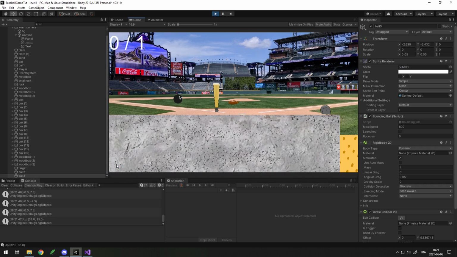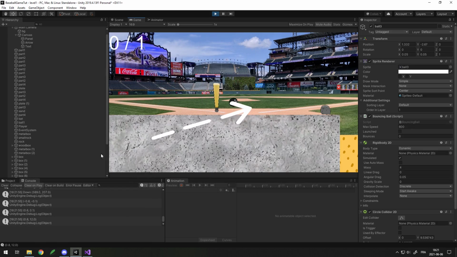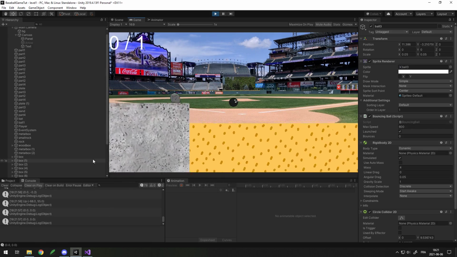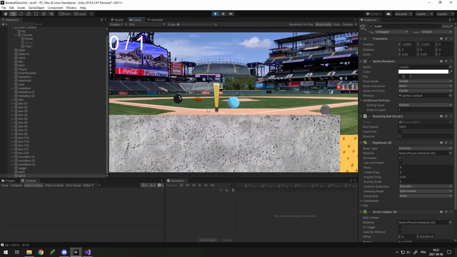So this one goes kind of fast, this one should go faster, and there you go, it does. And now this one should go slower, and it's still pretty slow, so I think I'll actually increase it a little bit. One last thing that we have to fix is, you can see when I launch my ball, I